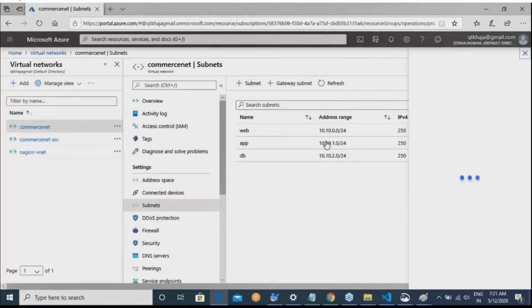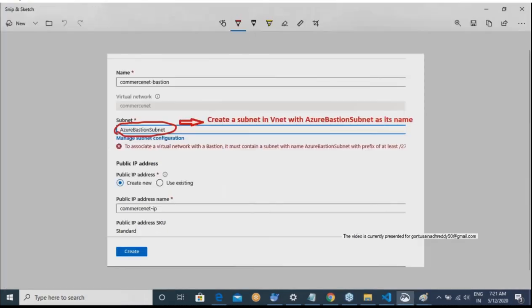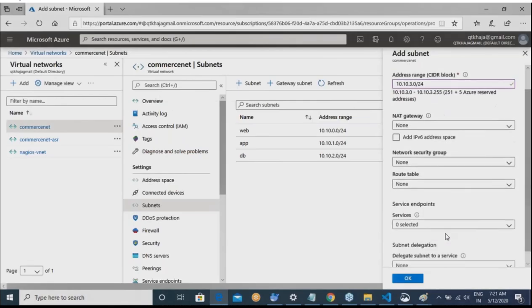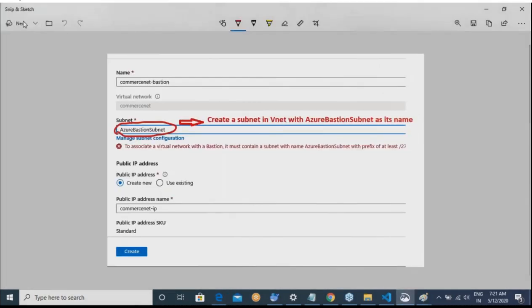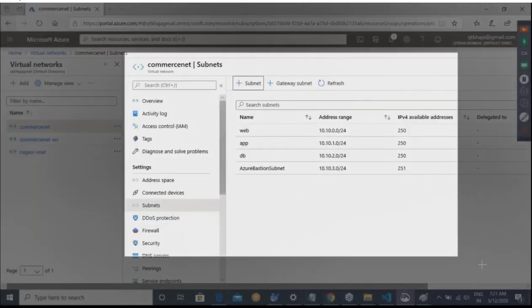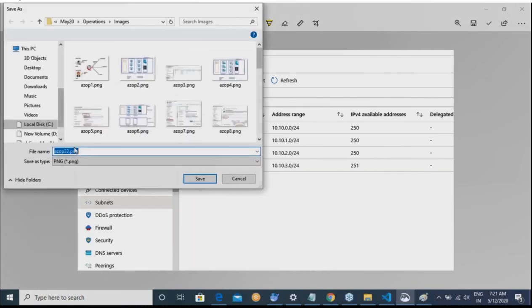So I'll add a subnet. You have to give the exact name. Is the name matching? Azure Bastion subnet. Try to create this and click on OK. Okay, I've created the Azure Bastion subnet.